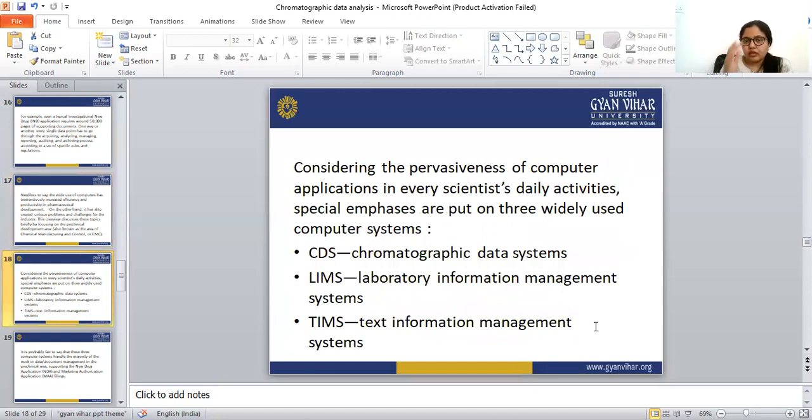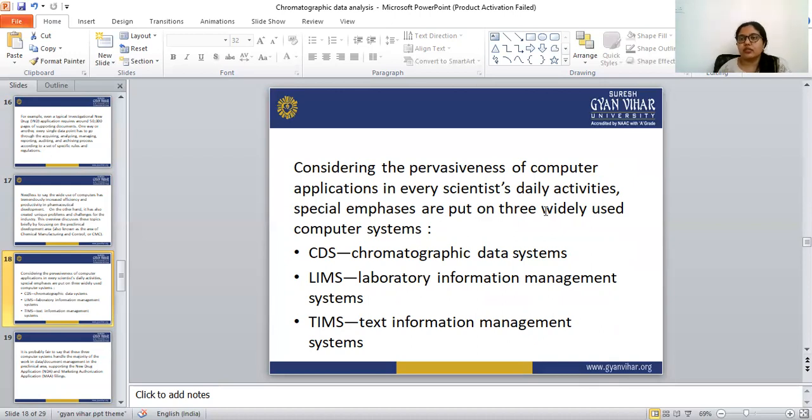Considering the pervasiveness of computer applications in every scientist's daily activities, special emphasis is put on three widely used computer systems. The first one is CDS, the chromatographic data system.